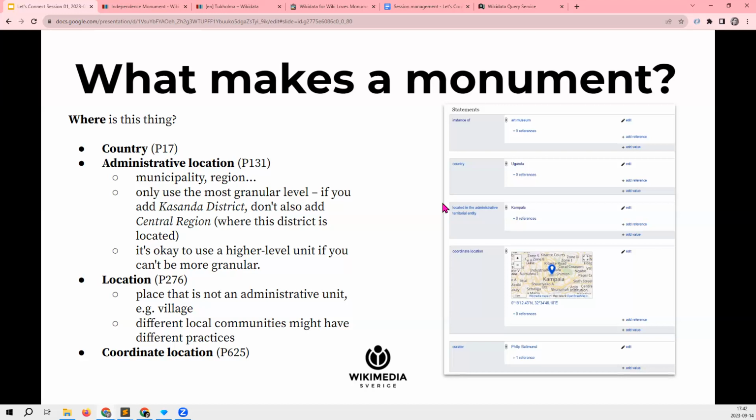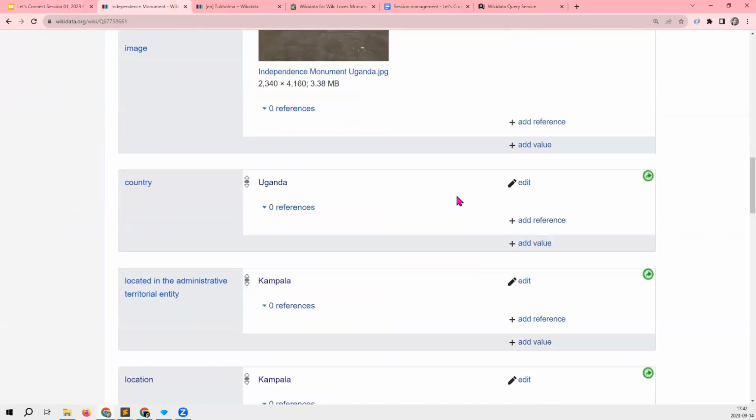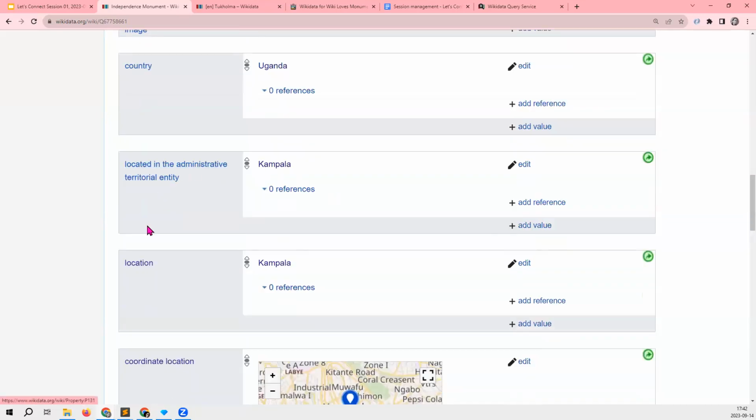Now, obviously, we want to say where something is located. There is a property country, where you say in which country it is located. And then there are two quite similar properties. Located in the administrative territorial entity: here you add a region or municipality or whatever the equivalent in your country is.